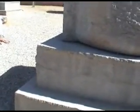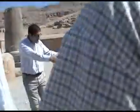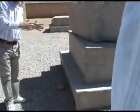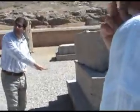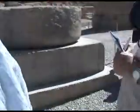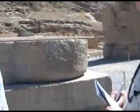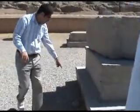There is another huge stone like this, because it's a very heavy structure. Imagine that you have this basement, a base of the column, then the shaft and the capital. It's a very heavy structure. So what they did, they used another huge stone underneath, and they connected them by the help of these covered metal. They connected two stones with this metal